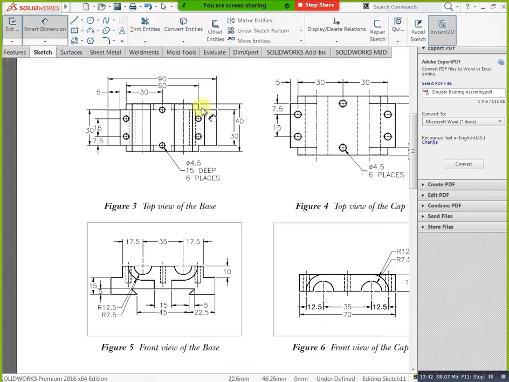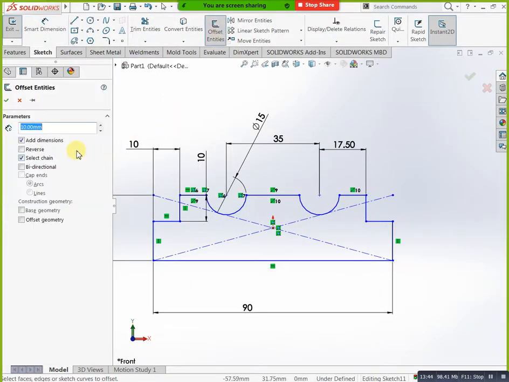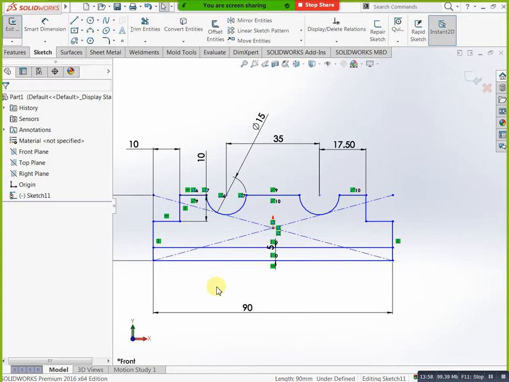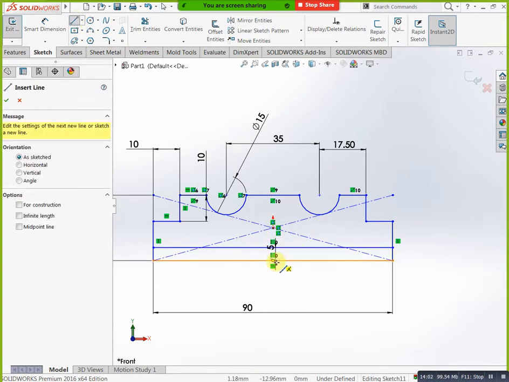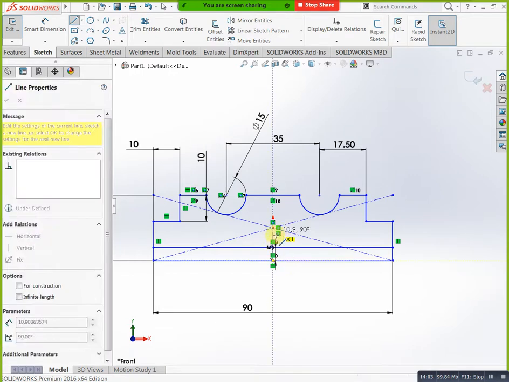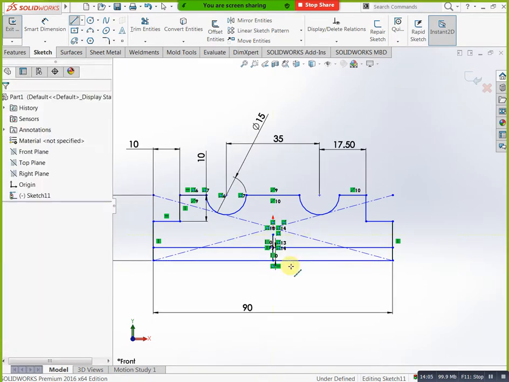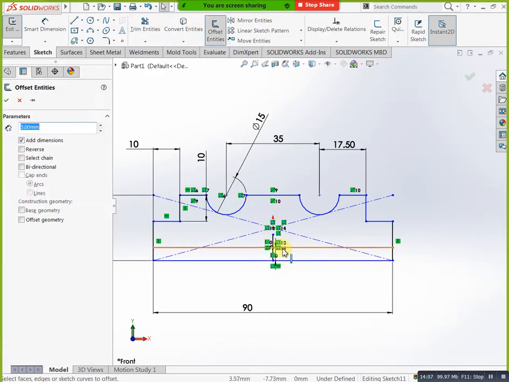Okay, now you will take one more line. Exactly this point here I am taking. Just now you will take one offset. That offset is 45. Now 45 means 22.5. Okay, now you can select bidirectional, select this one. Okay, now finish them. Okay, again you can mention 5 offset. 55 means 27.5.